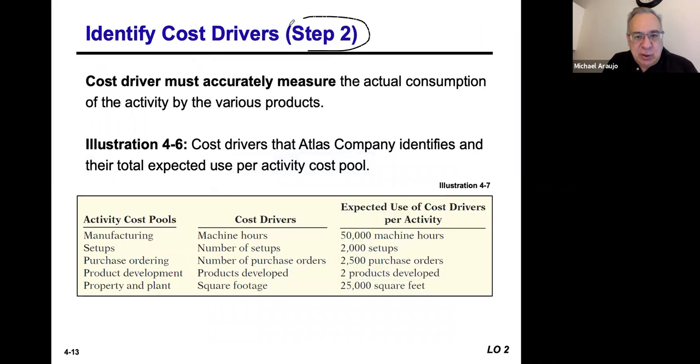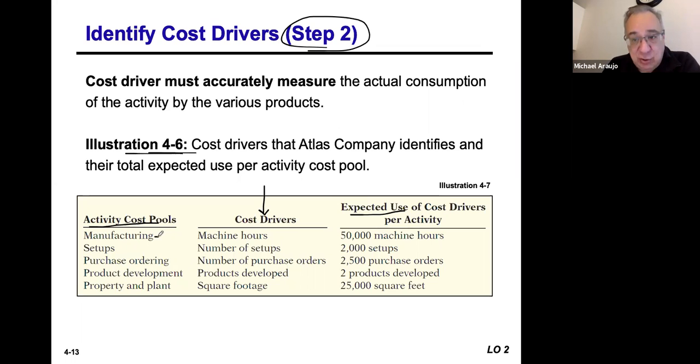The second thing they do is they identify within the activity what the cost driver is going to be and what's going to be the expected use of that cost driver. This is really, really important. Again, it's in your book. Illustration 4.6 is on page 141, okay, page 141. And it shows you that when they look at the activity being manufacturing of the products,